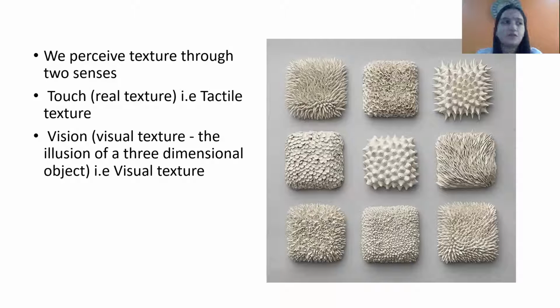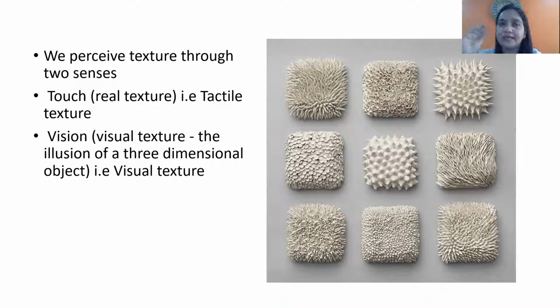Don't touch it. Like when you are seeing any plant, you can't simply go and touch it, because you can see, you can sense that if we are going to touch it, we might get hurt, right? So that is a visual texture. By vision, you can analyze that it might hurt, right?